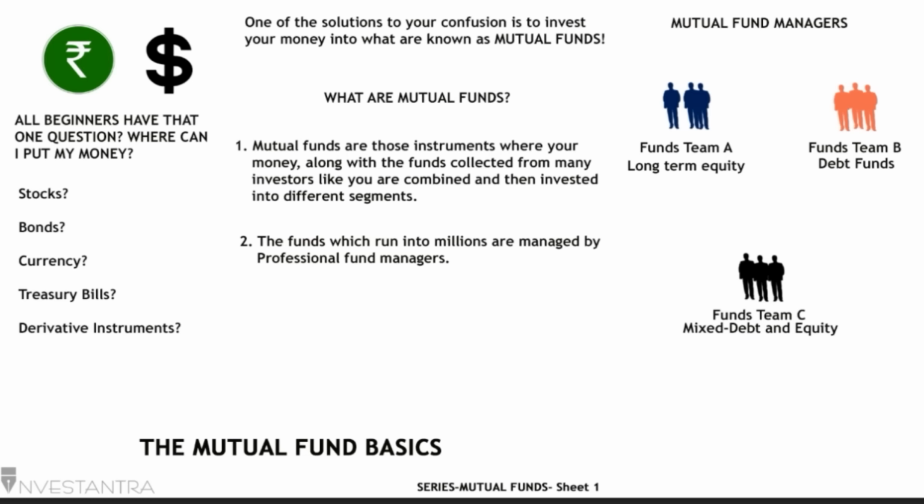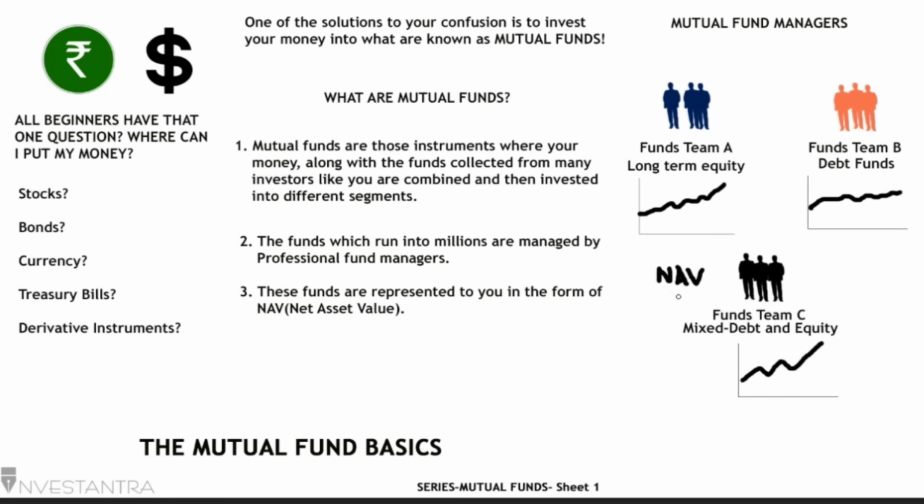Now to select mutual funds, you assess graphs of theirs, and we are going to be doing this throughout the lecture series. So let's take a small illustrative example again of these graphs. Let's say team A has performed steadily over the past 5 years, while team B has had a bit of a problem showcasing good growth, while team C, with their phenomenal fund manager over the past 5 years, has showcased rapid growth. This is where a concept called net asset value (NAV) comes into play.